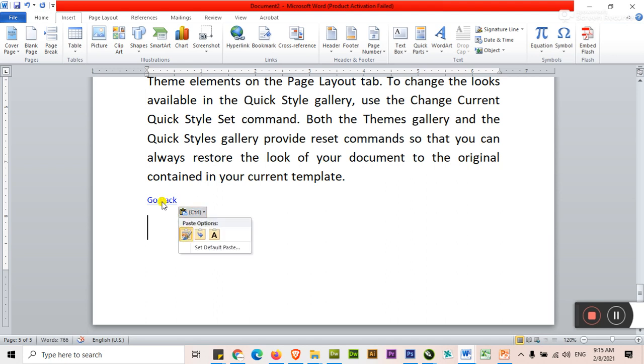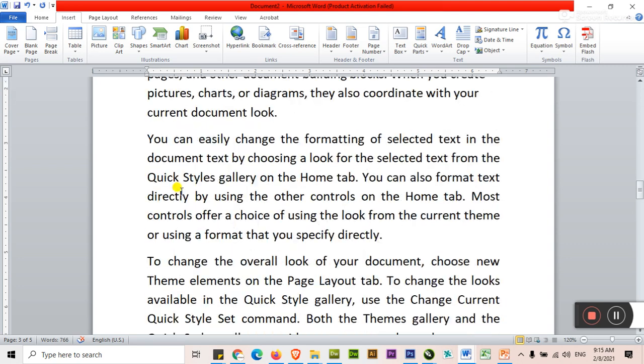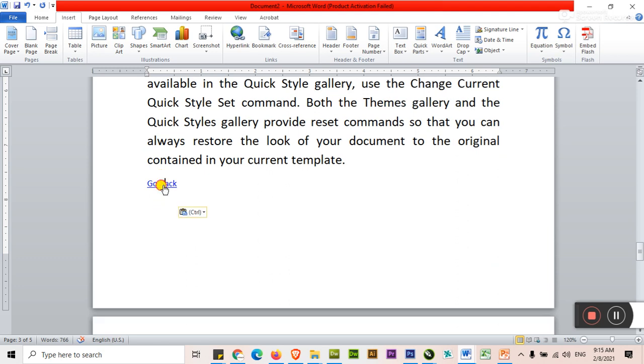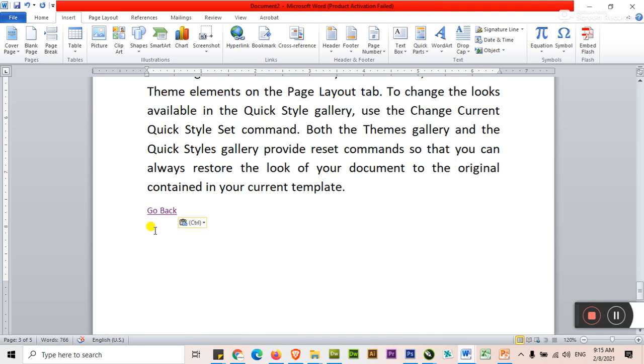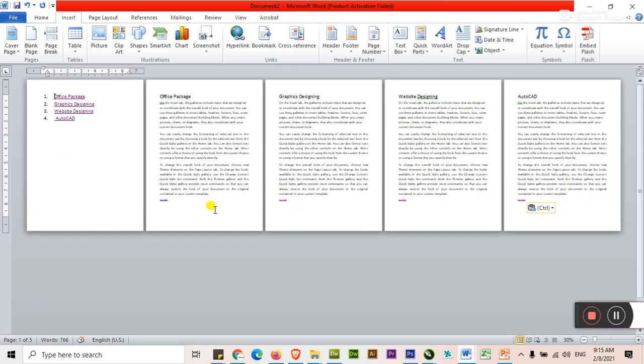Just click on Go Back, you're on the first page. Click on graphics, Go Back. Click on website designing, Go Back. Click on AutoCAD, Go Back. And this is your system. It's your index, and every heading is linked with a bookmark, and every bookmark is assigned at the beginning of the heading of the first page, second page, third and fourth.